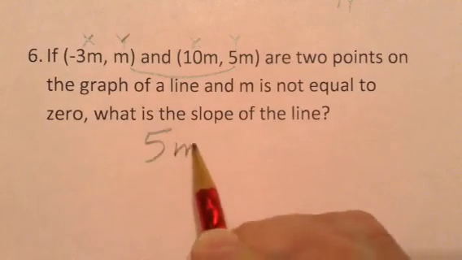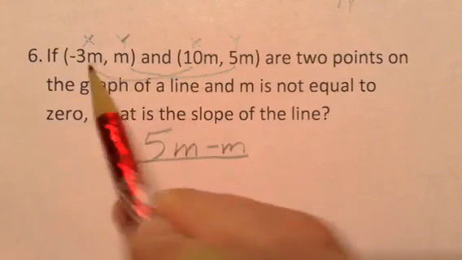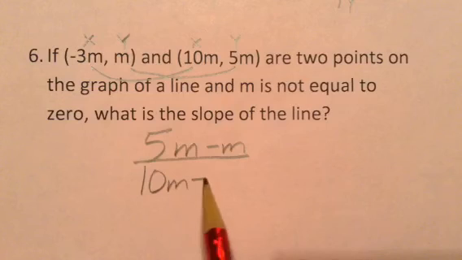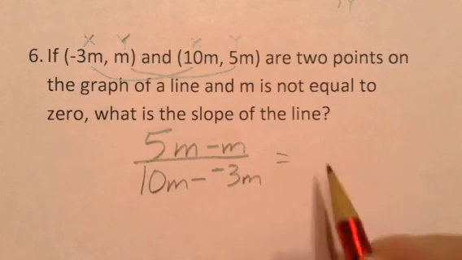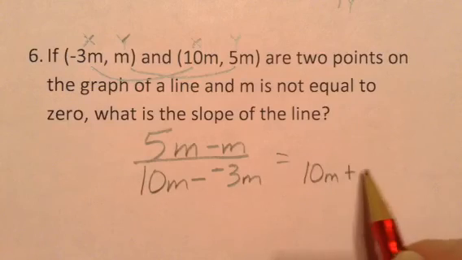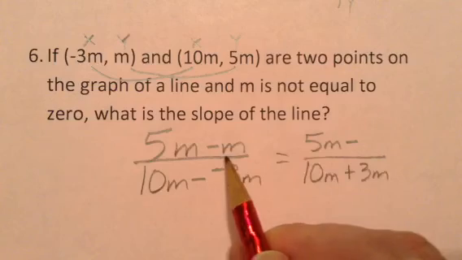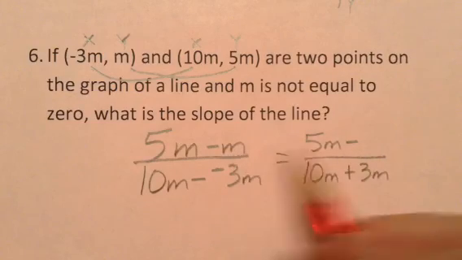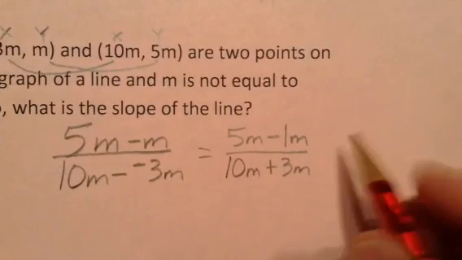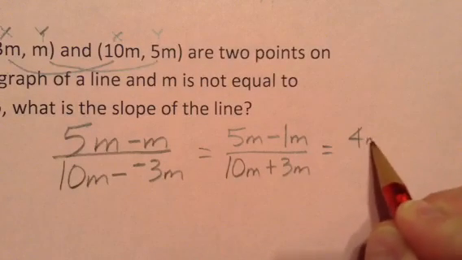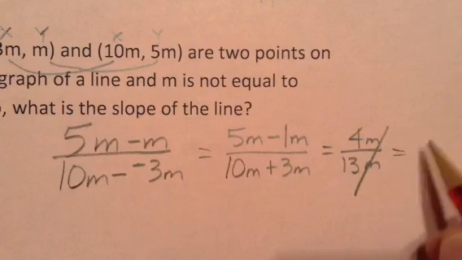I'm going to do 5m minus m for my y's. Same order, I'm going to do 10m minus a negative 3m. That's double signs, so that's 10m plus 3m. And that's 5m minus what's in front of that. How many m's are right there? There's one of them. 4m over 13m's. Your m's cancel. Your slope